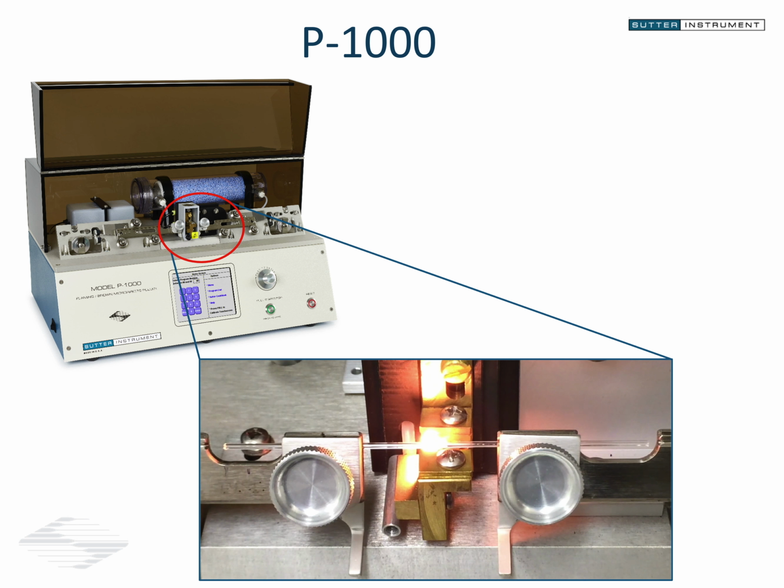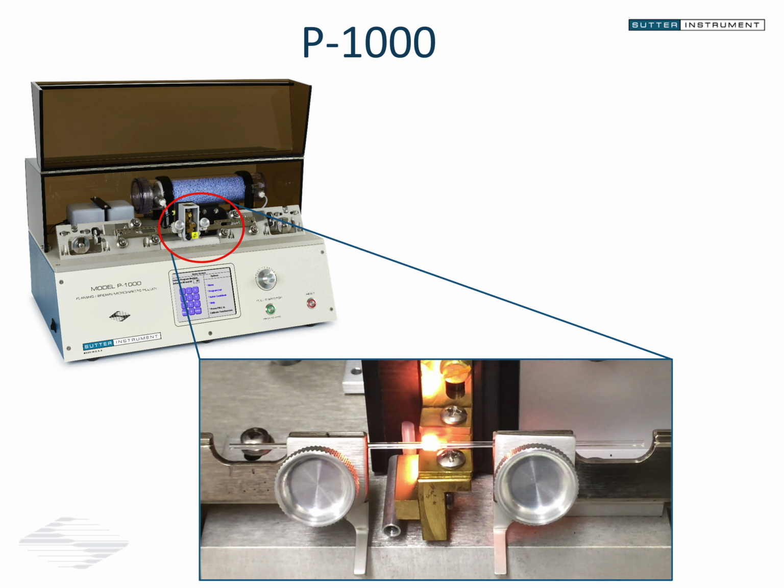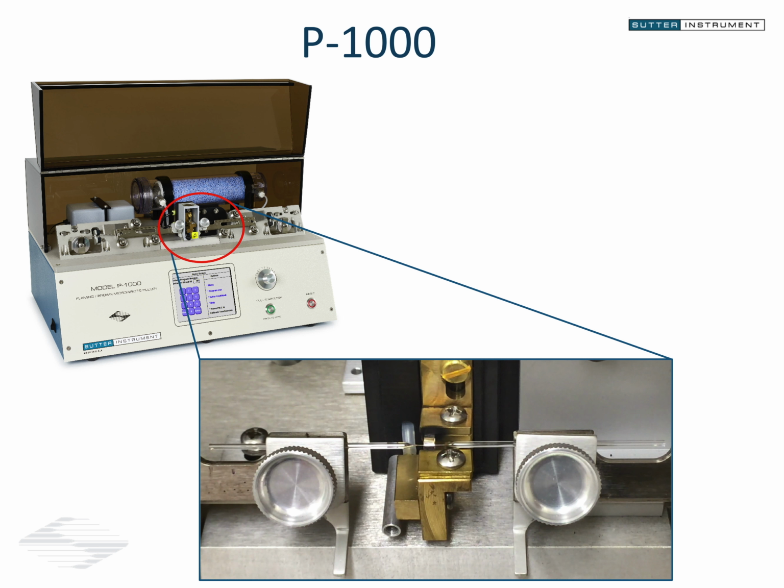Many of you might be familiar with the P97. It seems like as I go from lab to lab, I see a P97 in almost every lab I'm in. The P1000 is essentially the updated version of the P97. This has a touch screen and a lot more automated functionality, including built-in pipette recipes, for example, storable programs, and so on. The P1000 is not the only pipette puller we make, though it is likely the most appropriate for the people in this audience.